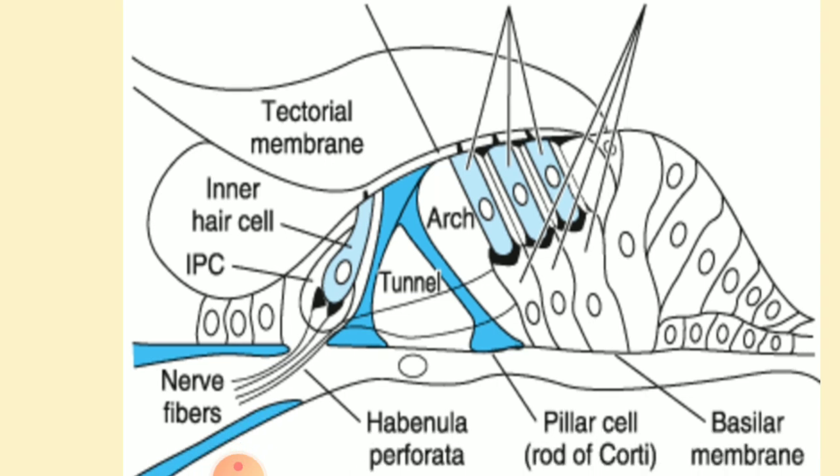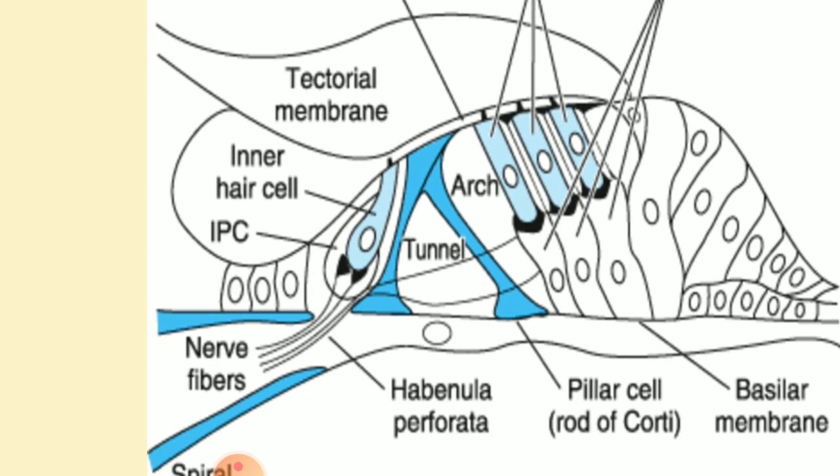So this much we have learned, that in the organ of Corti there are two specific sets of cells, outer and inner hair cells. Hair-like projections coming out from the hair cells are called stereocilia. Stereocilia of outer hair cells are embedded into the tectorial membrane, but stereocilia of inner hair cells are not. Besides these hair cells, there are other supporting cells present in the surrounding which help the hair cells nutritionally or with mechanical support, and they also help in potassium turnover or potassium recycling.